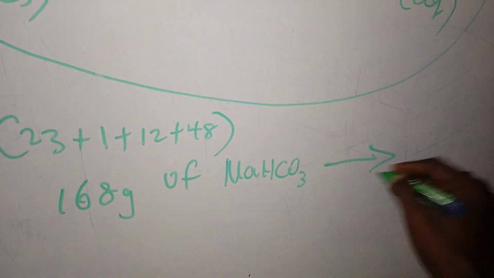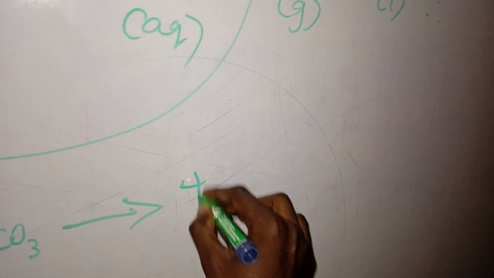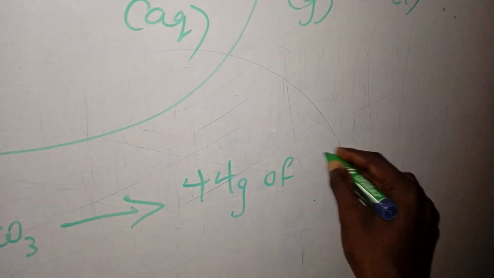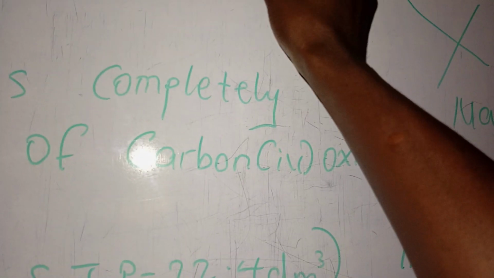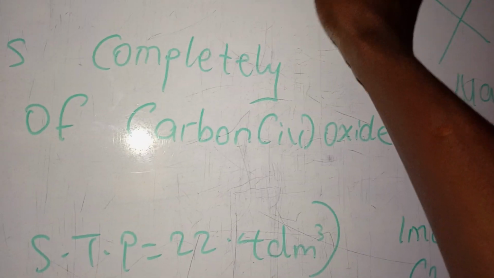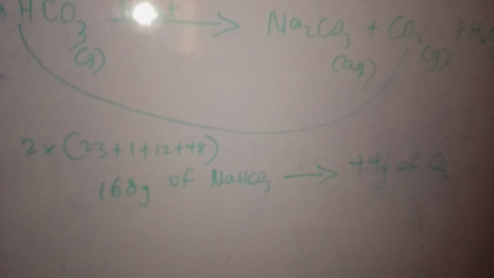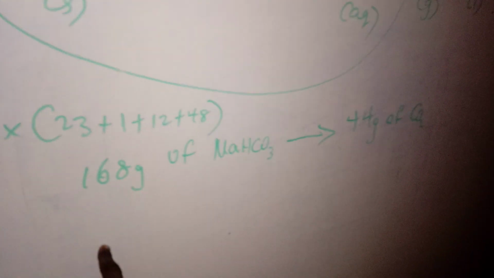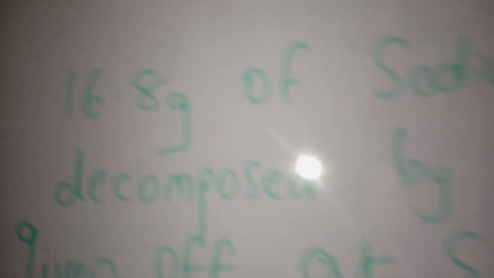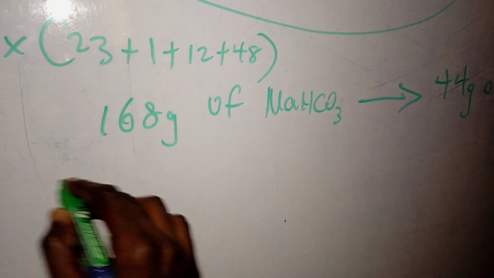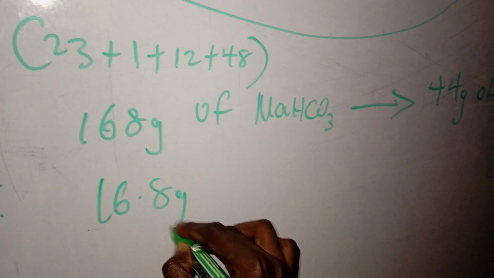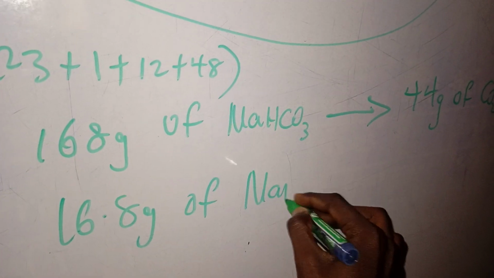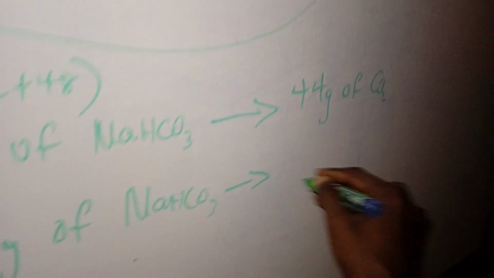NaHCO3. It gave CO2, which is always 44 gram of CO2. CO2 that is 12 plus oxygen is 16 times 2, 32. That is how we get 44. But you should get acquainted to that now. So that is for that. I suggested that I use the known to get the unknown. This is the known. Now the unknown, they gave you 16.8 gram. So I come back here, so therefore 16.8 gram of NaHCO3 will give us x